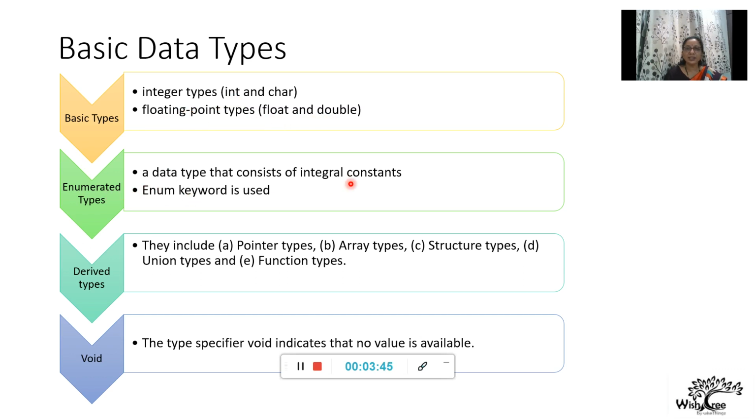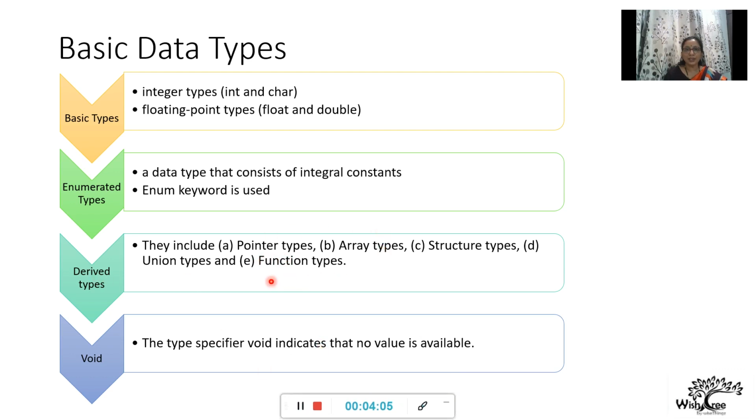Then there are certain integral constants, like I gave you the example of pi. I can define this integral constant by making use of the enum keyword. Okay. Then we have certain derived types for arrays, pointers, unions, functions. As and when we see more and more hands-on examples, we will try to understand what are these arrays, functions and structures in advanced concepts of C. There is one more data type which is supported in C, which we call void. Void means nothing. That means that it has no value.